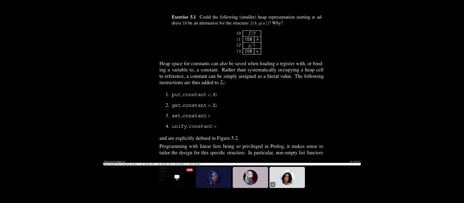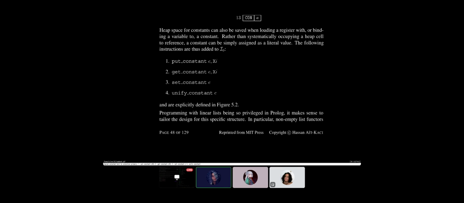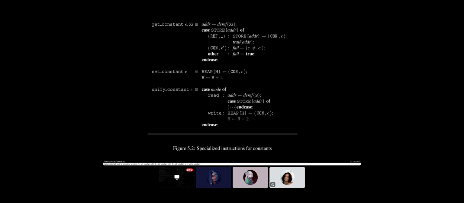A list is not really the same as a constant, though. That's why he's making the separation. Makes sense. Actually, he does say we introduce special instructions for specific handling of zero arity structures, aka constants. So zero arity structures.